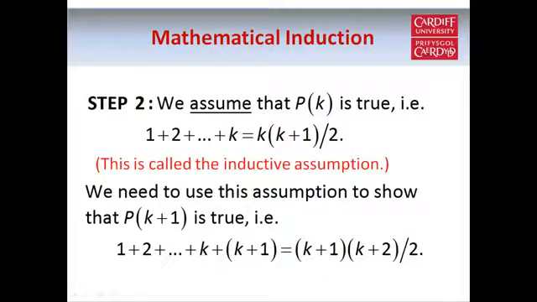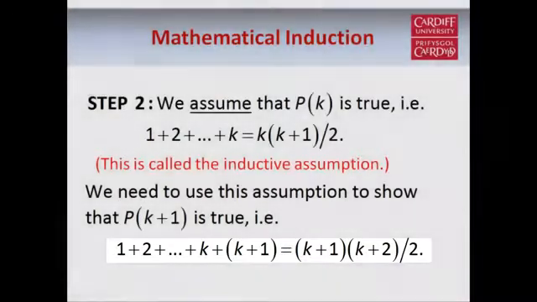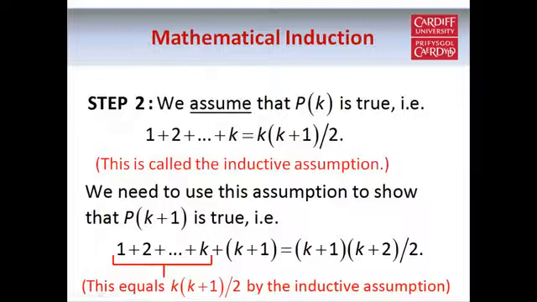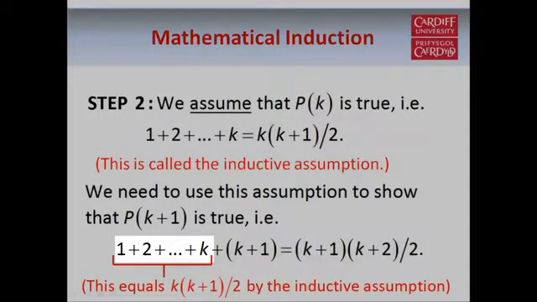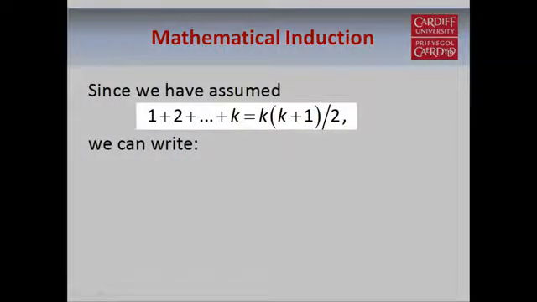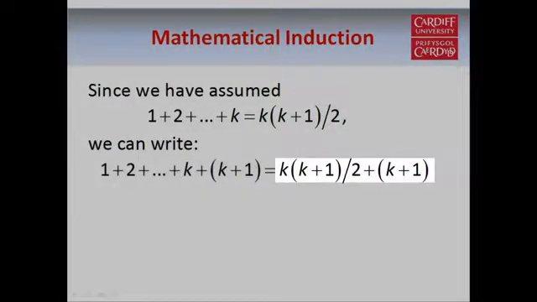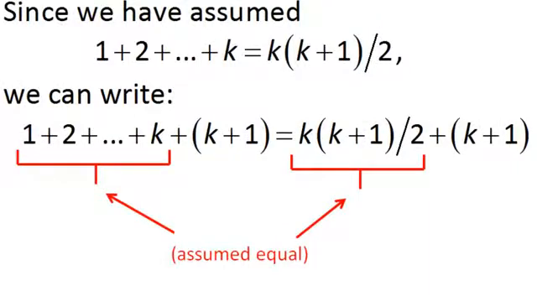plus 1. So in other words, we have to show that the sum of the first k plus 1 natural numbers is equal to k plus 1 times k plus 2 over 2. And basically what we're going to do is use the fact that on the left-hand side of this equation we have the sum of the first k natural numbers, and we've assumed that this is equal to k times k plus 1 over 2. So we've assumed that this equation here is true, and therefore we can write that the sum of the first k plus 1 natural numbers is equal to k times k plus 1 over 2 plus k plus 1,